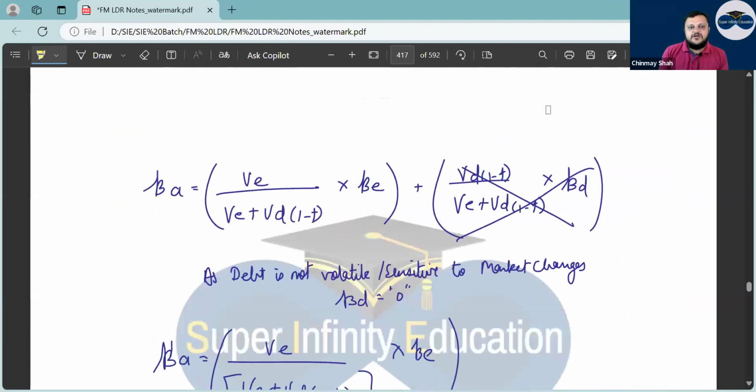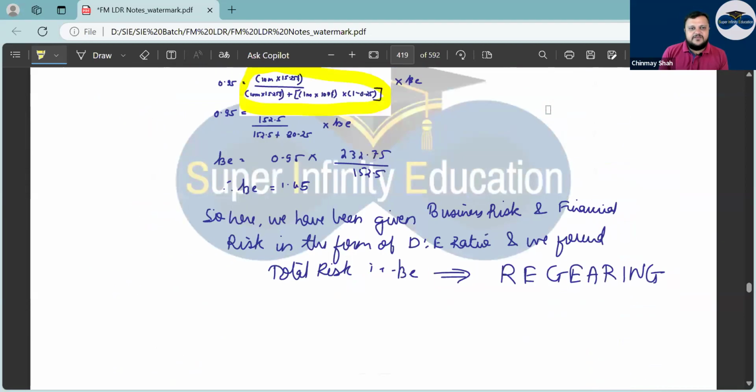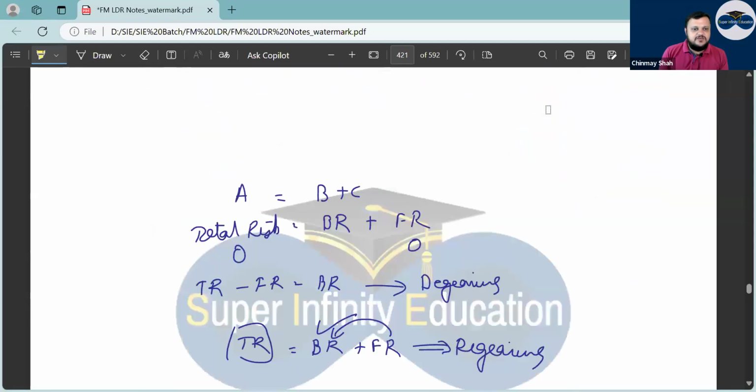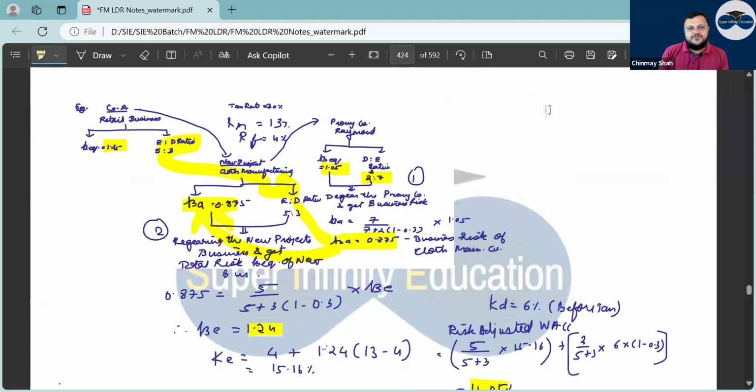If you remember, we had done small parts and then we had built up a big question, right? De-gearing and re-gearing of business we had done. Have a look here. There is one company, let's say in retail business, it wants to go into a new project of cloth business, right? So first tell me, can the existing WCC be used in the new project? Can it be used or no?